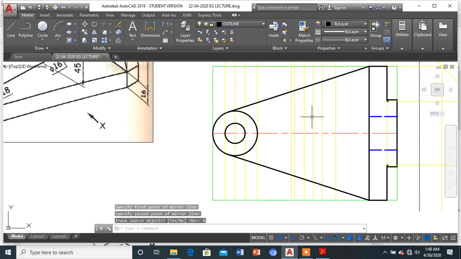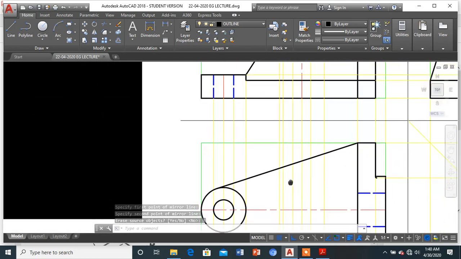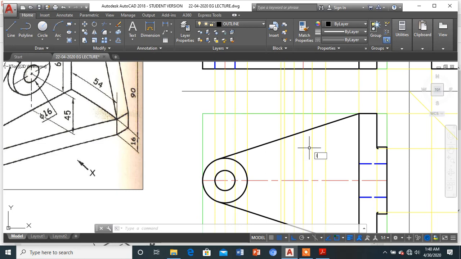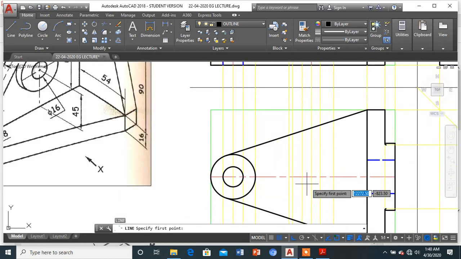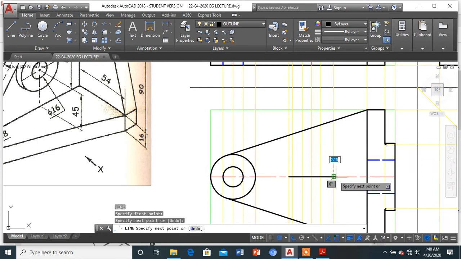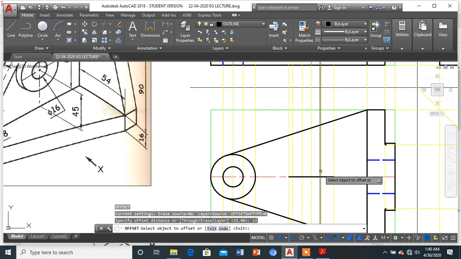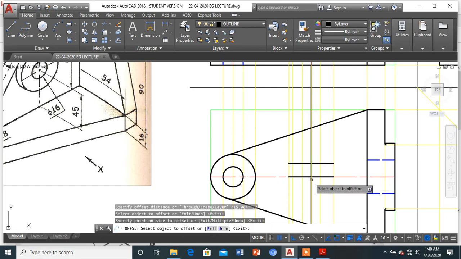Okay, so once we are done, let us draw the mid cylindrical part, of which the projections have been taken already over here. So now to draw that cylinder, from here I'll be simply drawing the lines on the center line by 12 mm each, that is total width is 24. So 12, I'll be drawing it over here. I'll select this. Okay, so once we are done, I got this.